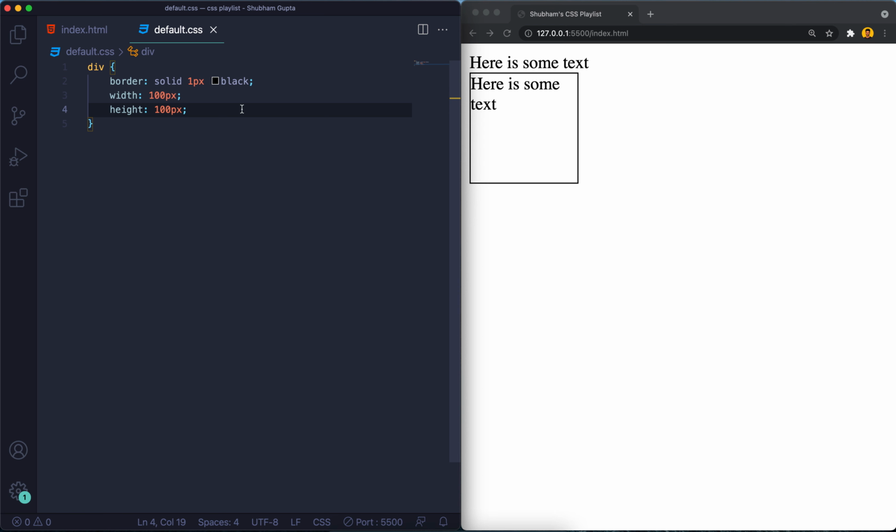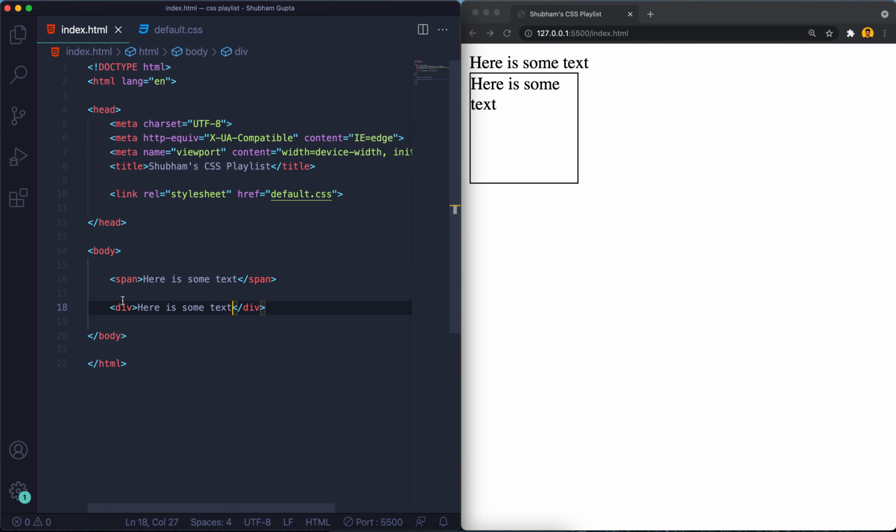The difference is very simple. All the block elements are used as a container, and all these span tags are used for the content. So there is the difference. Whenever you want to show any content, you will use the span, and whenever you need a container, you will use the div. Okay, so this is the basic difference between a block element and an inline element. There are a couple more we'll discuss later. So this is how we can use the height and width.